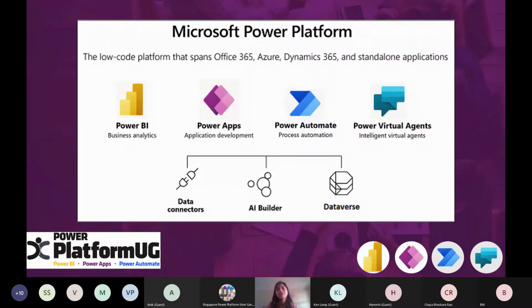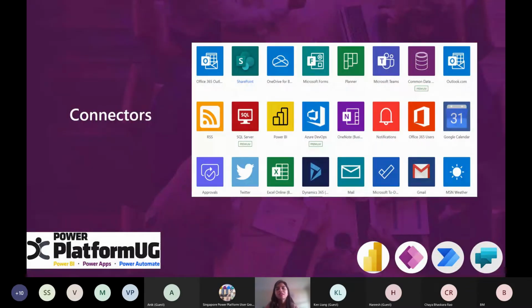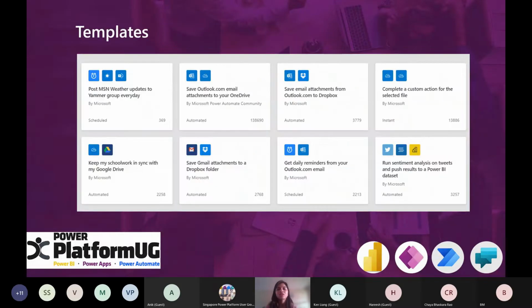On the data connectors side, on the backend, we have data connectors, AI Builder, and Dataverse for integration purposes. There are some out-of-the-box connectors available. We have more than 265 connectors, and some of them I've shown here. I'm going to quickly show the connector space in the demo section. Then we have templates for you to easily configure and plug and play, so you don't always have to create your flow from scratch. Sorry if I'm running so fast. I'll show these slides in the demo as well.